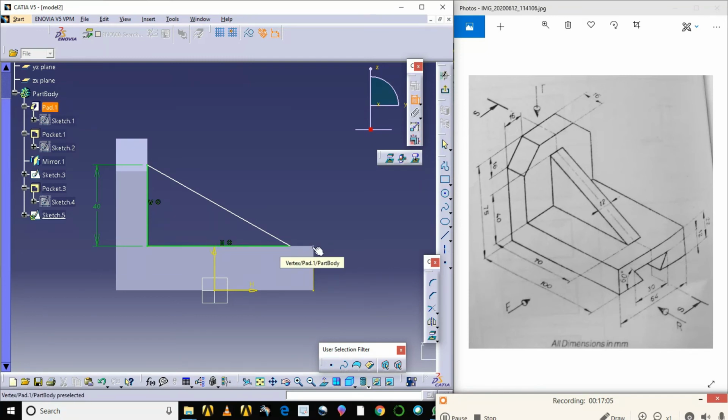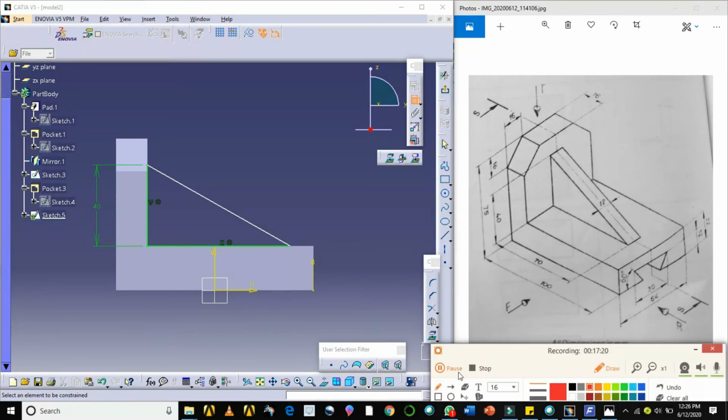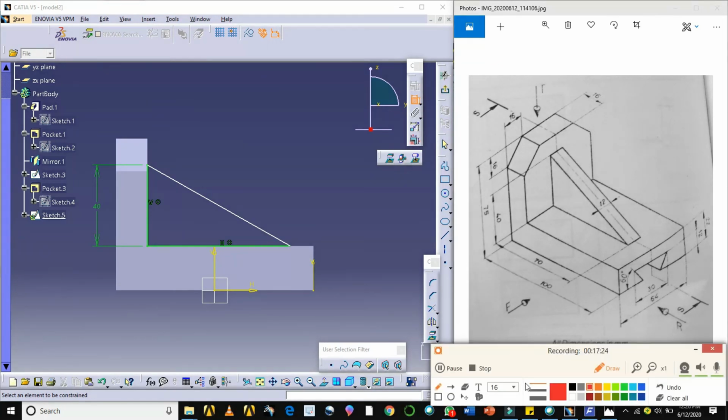It is how much? Or otherwise, this length is how much? See here, from this it is 70 here. Okay, from here to here.